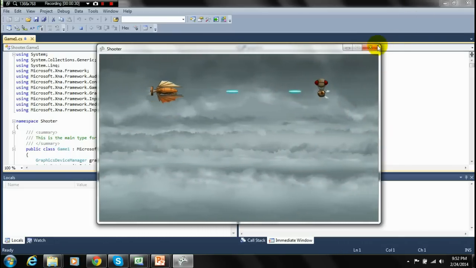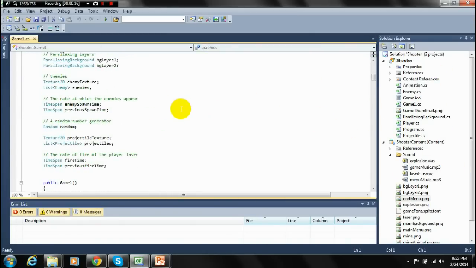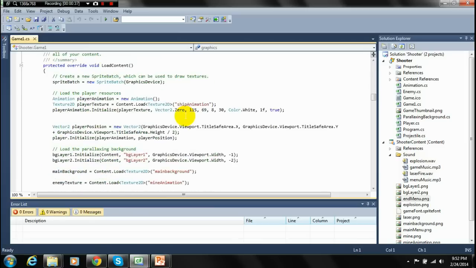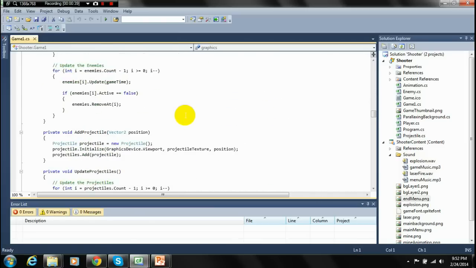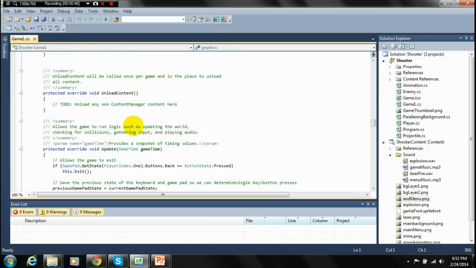So we're getting there. All these files are used to make up that very simple shooter, and we are still going to be adding explosions beyond what you even just saw, as well as more advanced enemies, sound, and that kind of thing. So I always like to give kind of a preview to where we're going,